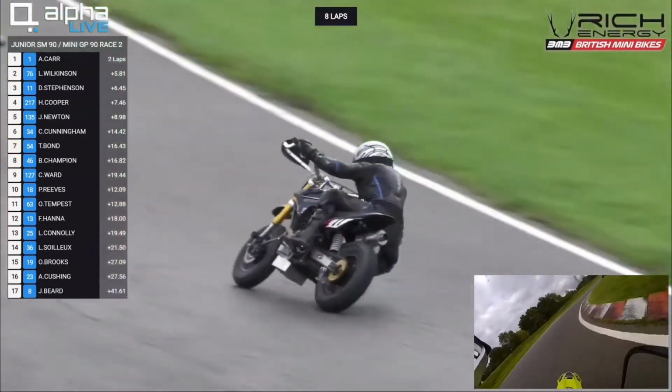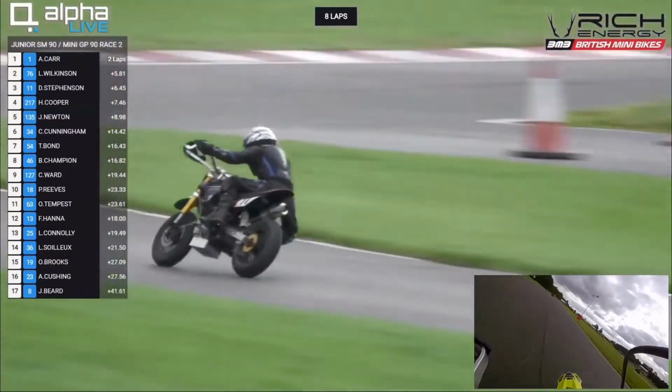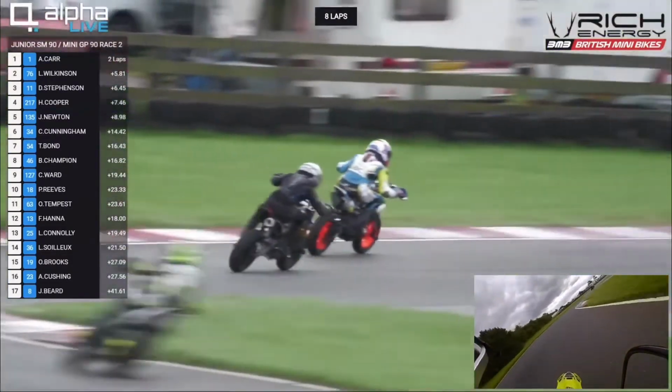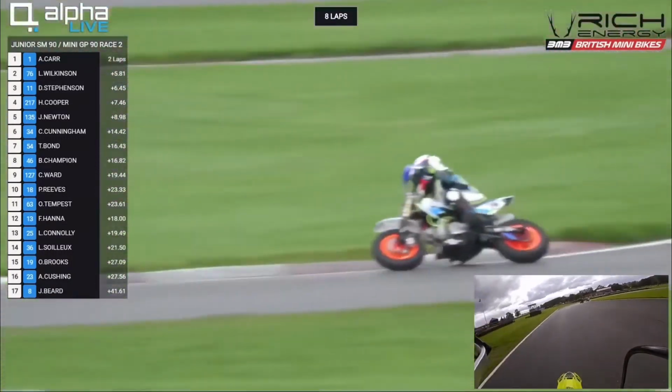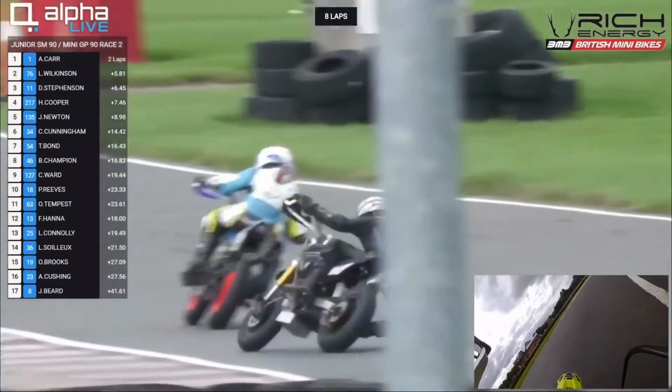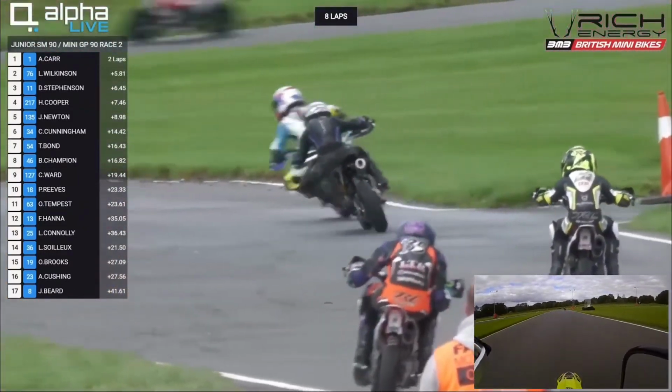But Arnie Carr, what a performance from him so far. Everyone else is still in the 61s and the 62s for the lap. He's just done a 58.82. No one's going to win this race unless their name is Arnie Carr. Really flying at the front then, Arnie Carr, but at the moment, Stevenson just trying to get some lines on